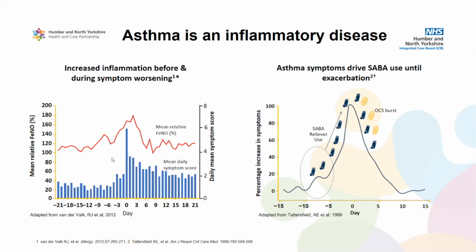So here are two different illustrations of the time of an asthma exacerbation, both based on different studies from a number of years ago. But we can see the daily symptom score on the blue bars here, 0 being the date of exacerbation treatment, and this red line being the exhaled breath nitric oxide, which is a marker that is associated with airway inflammation. And we can see that airway inflammation rises within a couple of weeks before that exacerbation onset. That's then followed by that increase in symptom score, and that peaks at the onset of exacerbation, and with treatment,